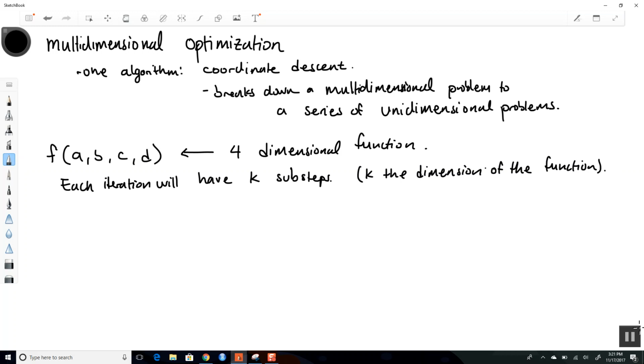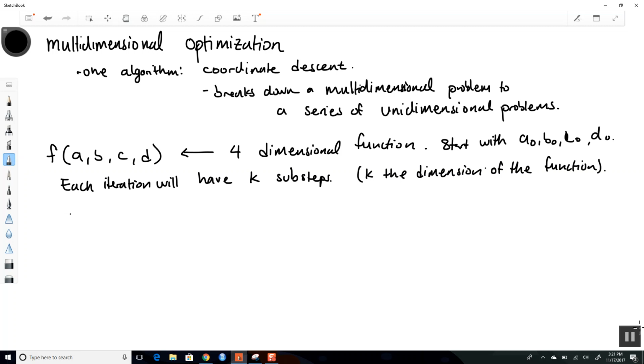Okay, so you start with some initial values for A, B, C, and D, we'll say A0, B0, C0, and D0. And then what we do is